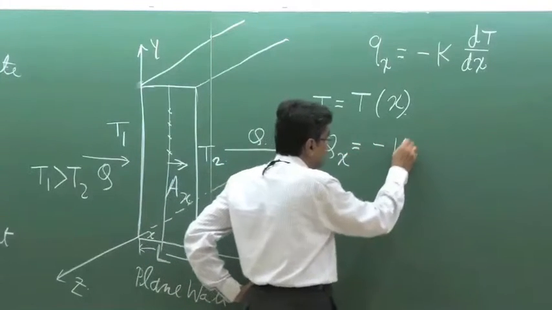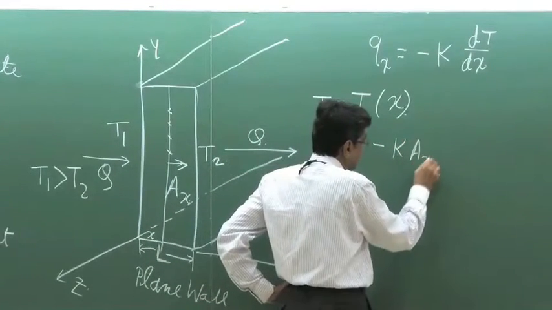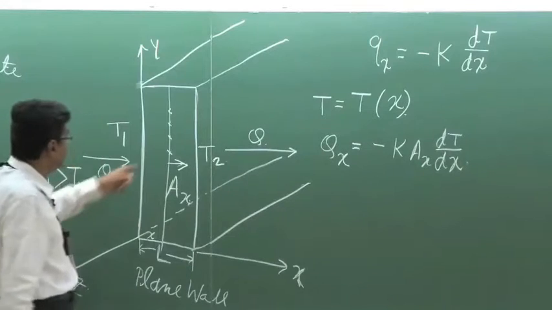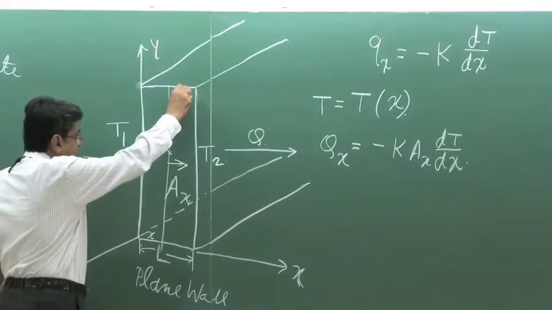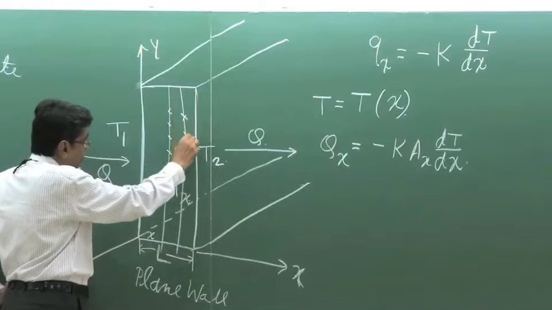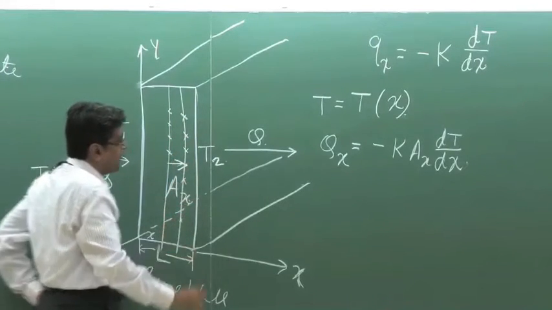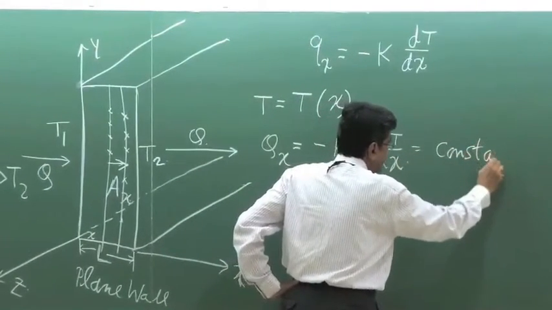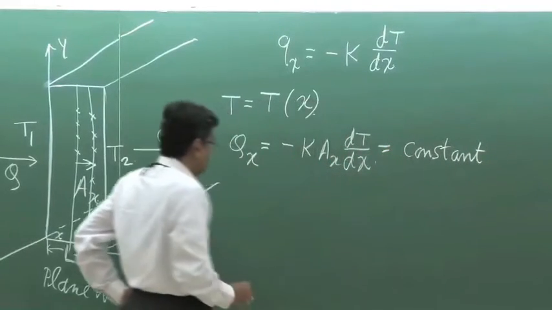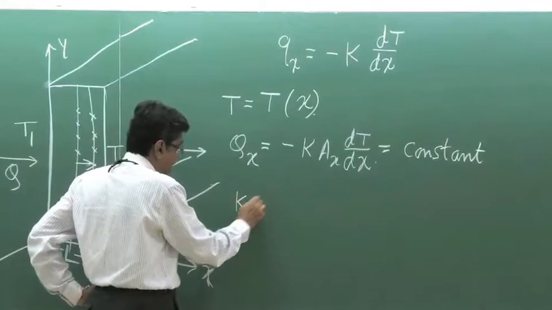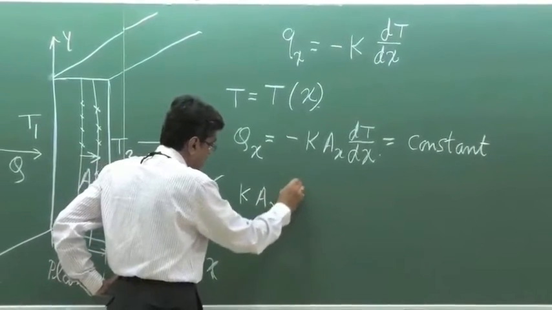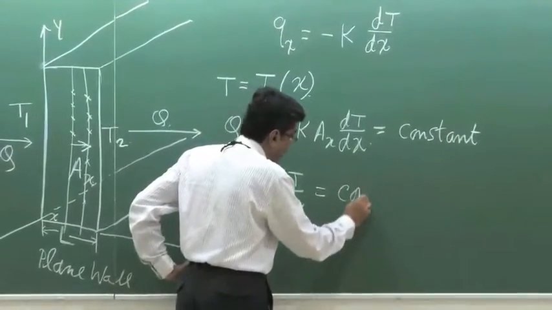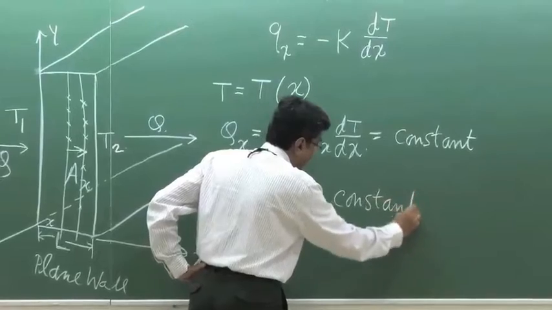is equal to minus k Ax dT/dx. And if this is constant at all planes because of the requirement of the steady state, then one can write that this is equal to constant. That means simply k Ax dT/dx is constant, and that is the requirement of a steady state one-dimensional heat